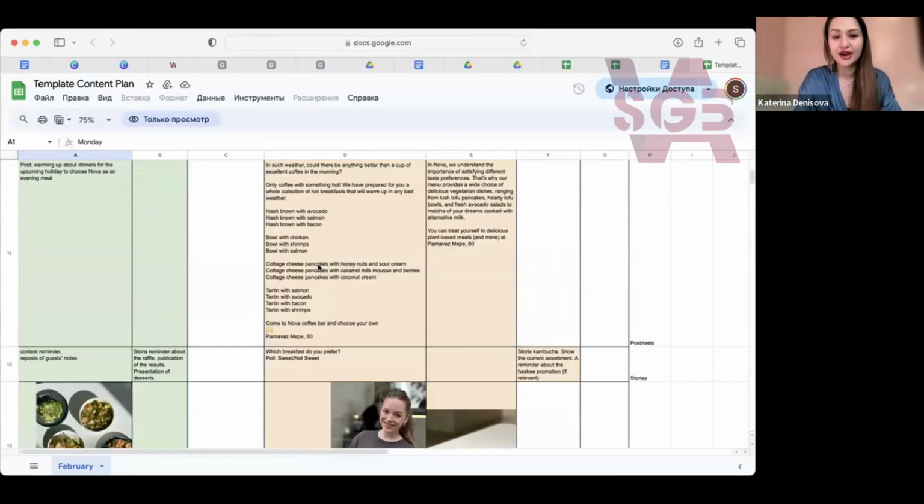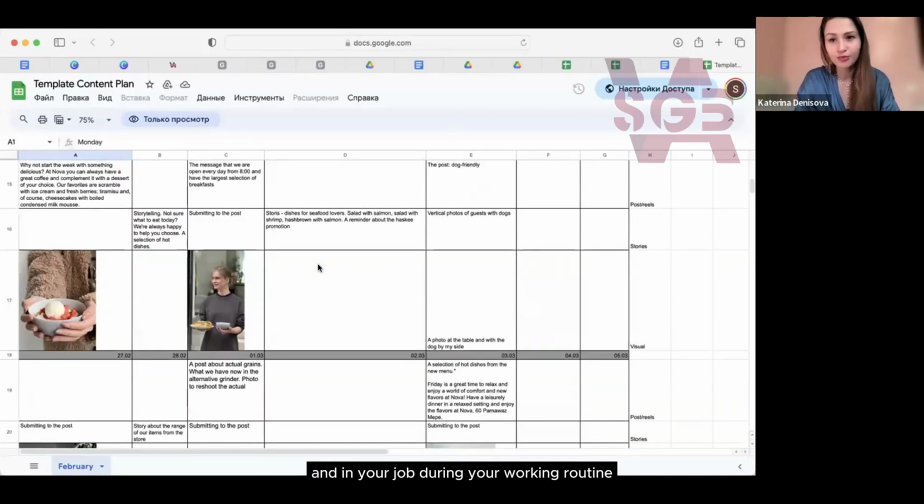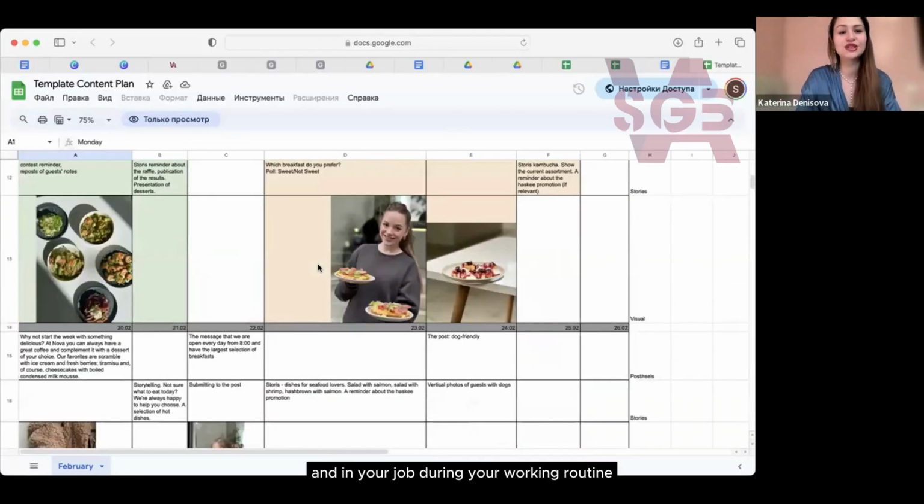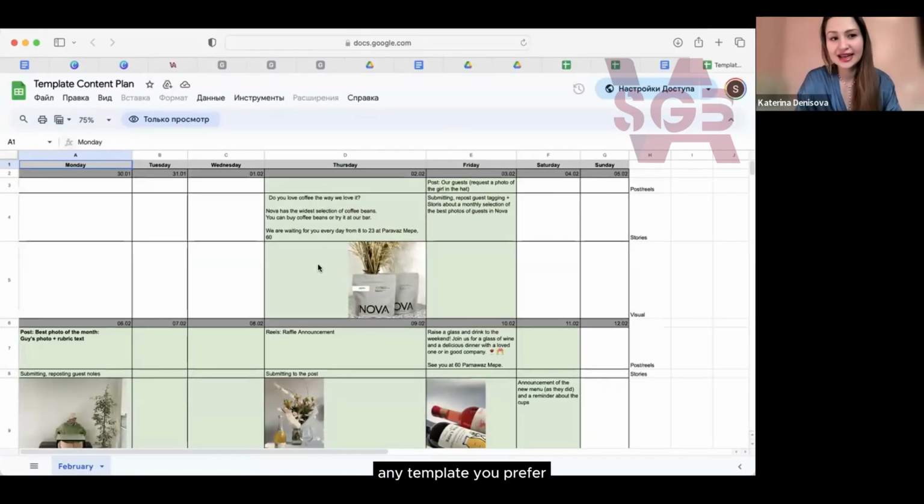In your job and during your working routine, you can make any template you prefer. This one is what my team and I personally use, and this is the view of the content plan that we give to our clients. But you can do it anywhere you want. I like to make it in Google Sheets because it's useful and everybody has it.